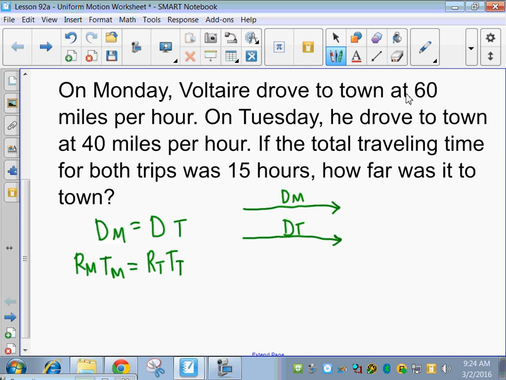So Voltaire drove to town at 60 miles per hour on Monday. So we're going to replace rate Monday with 60. On Tuesday, the rate was 40 miles per hour. So I'm going to plug 40 in for my rate on Tuesday. Total traveling time was 15 hours. This is a side equation we're going to write off to the side. So time on Monday plus